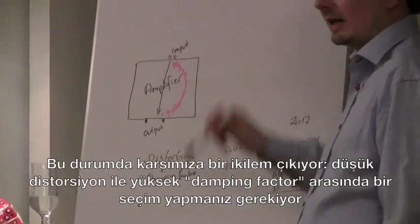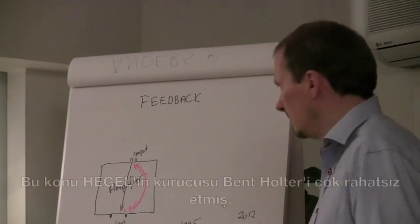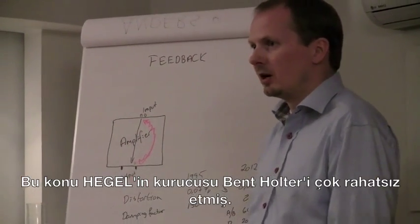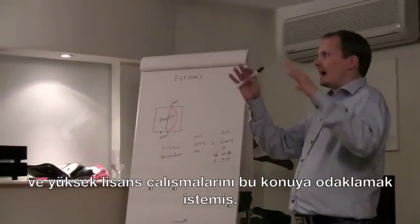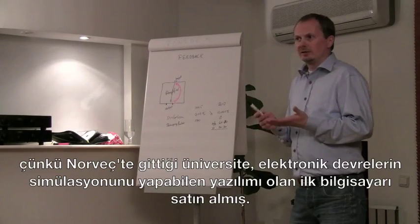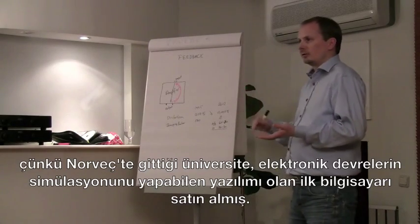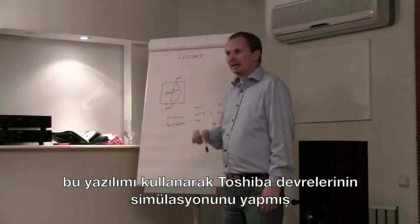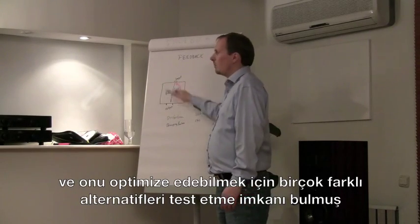And that brings us to the dilemma. You have to choose low distortion or high damping. You could not have both. And that basically is what irritated Bent Holter, our founder. And he wanted to use his master degree task or final paper about this, because the university he studied in Norway had purchased the first computer with software that could simulate electronic circuitry. And he used that to simulate this Toshiba drawing